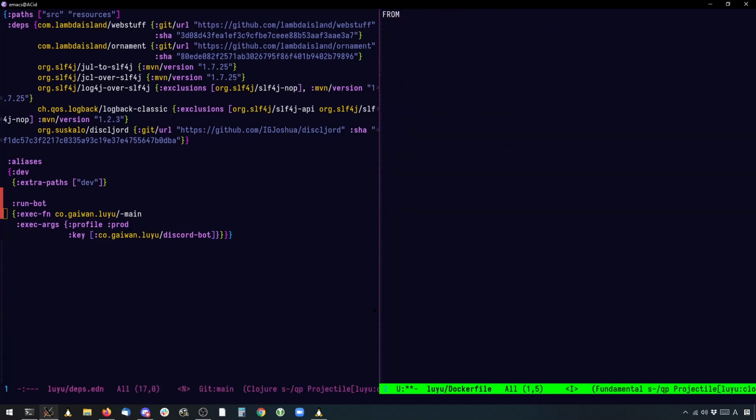I'm going to use a base image of Clojure, and I like to be specific. So I use OpenJDK 11 tools-deps and slim-buster, was it? Or what's the newer Debian, bullseye? Yeah, bullseye. And this is the base image, right?